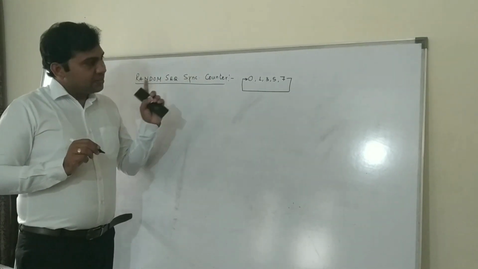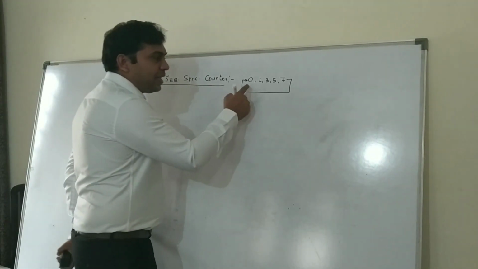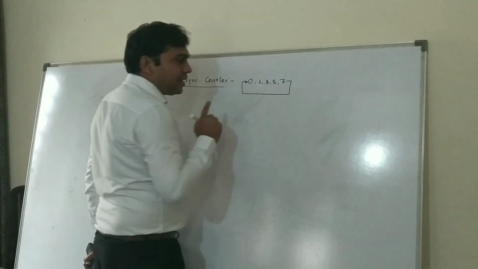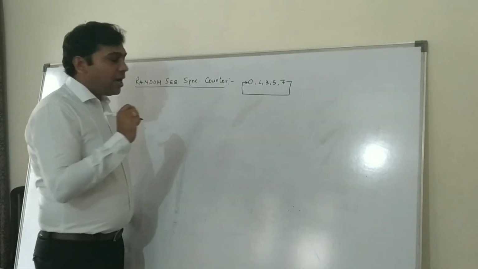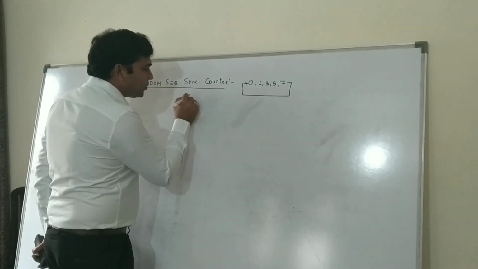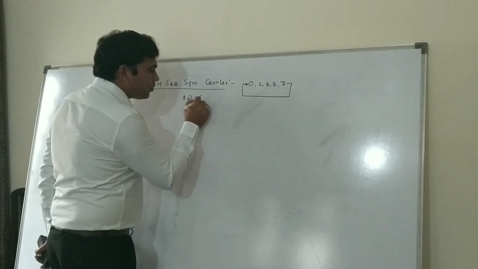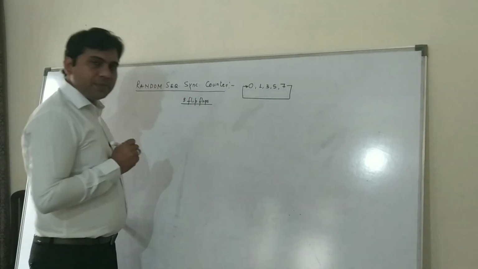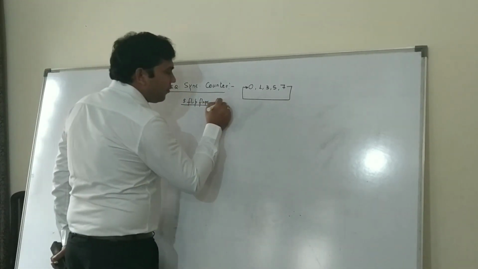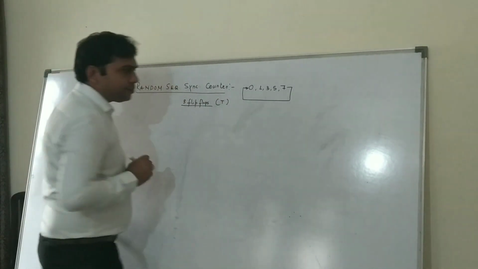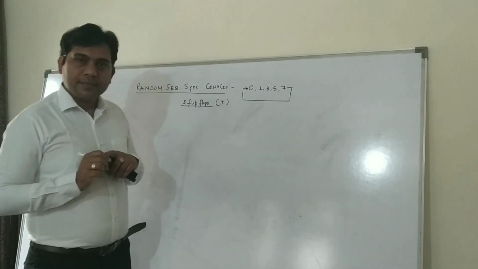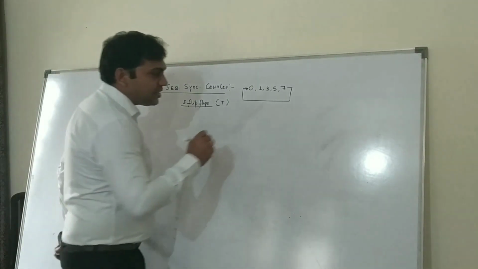Okay. First thing, how many flip-flops do I need to take? Because this is going from 0 to 7, and 7 can be written in 3 bits, I require 3 flip-flops. Let's say I want to use T flip-flops. Okay. What will be the state diagram? What will be the state diagram? So the state diagram will be